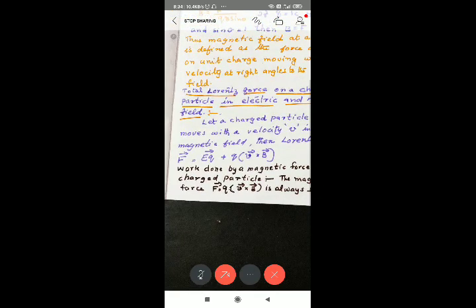അപ്പോൾ ടോട്ടൽ ഫോഴ്സ് ആക്ടിങ് ഓൺ ദ ചാർജ് ഇൻ ആൻ ഇലക്ട്രിക് ആൻഡ് if both the fields are there, if electric field is there and also magnetic field is there, it will experience two types of forces, electrostatic force and the magnetic force. So F equal to QE and F equal to Q into V cross B. The both we have to add. So we got the total Lorentz force acting on the particle in both electric and magnetic field.